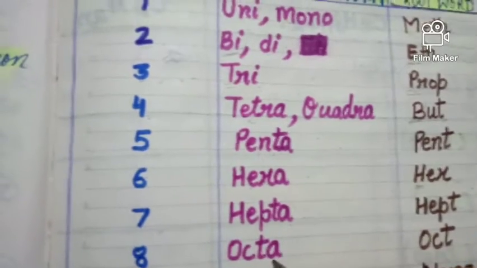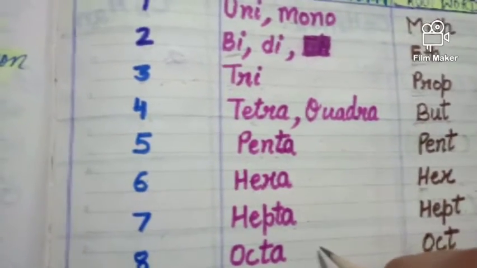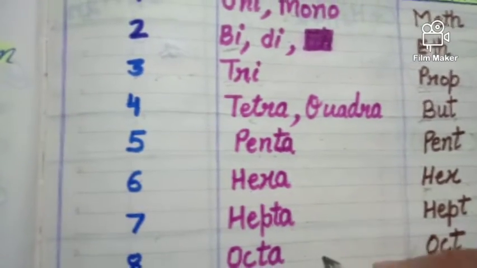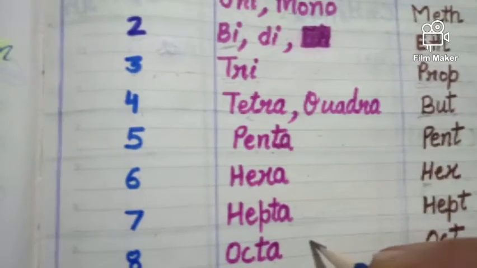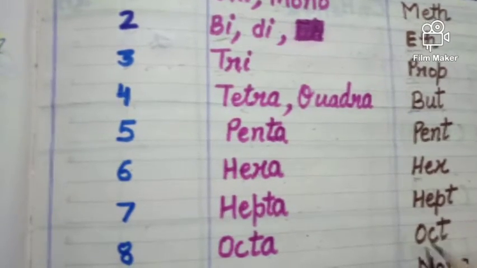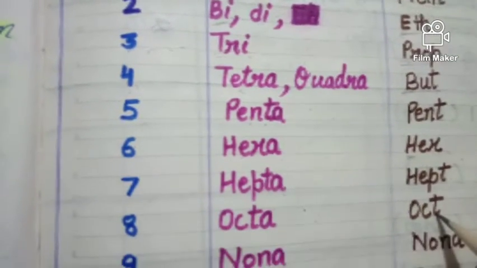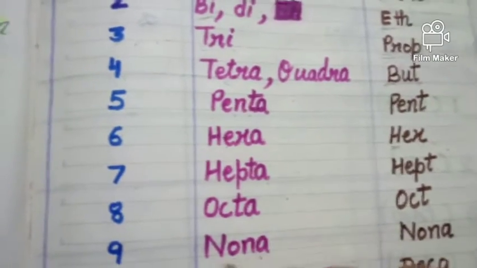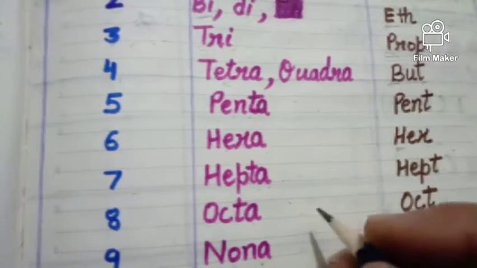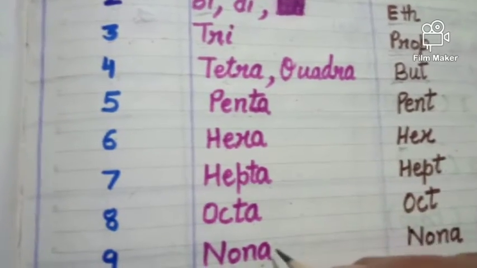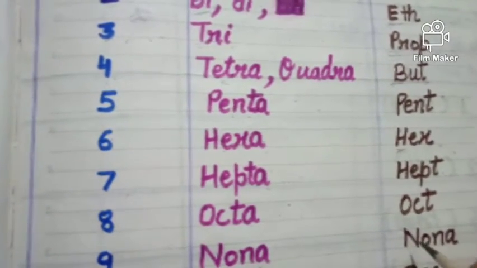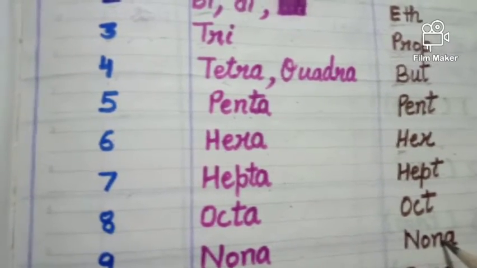And then octagon, octet. In science we use it for completing the shell. Octet means 8 electrons in the outermost shell. Octagon has 8 line segments. And the word oct is used in hydrocarbons, the carbon compound containing 8 carbon atoms. Similarly, the word nona is used for 9 in the terms. And nonagon is a polygon having 9 segments. And nonane in hydrocarbons contains 9 atoms of carbon.